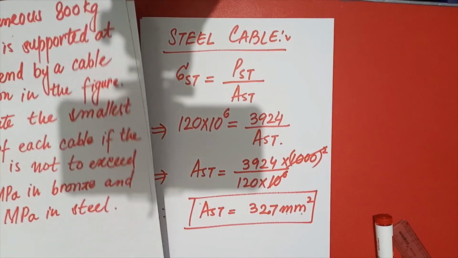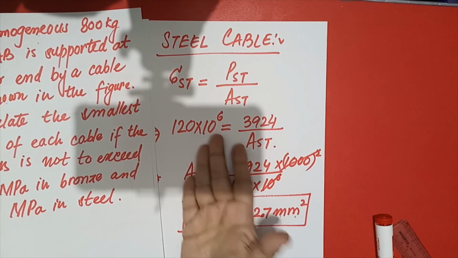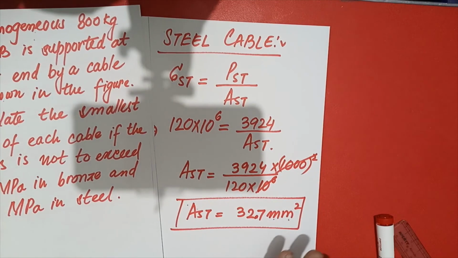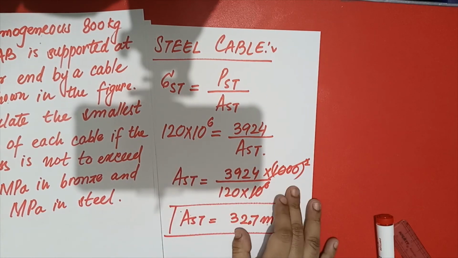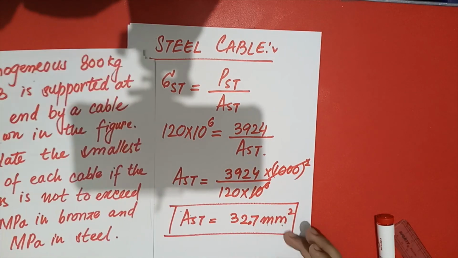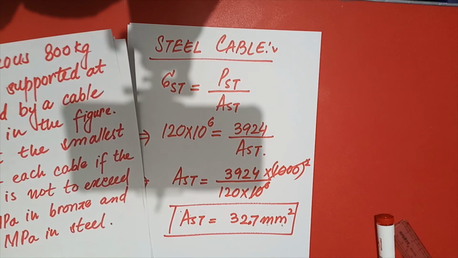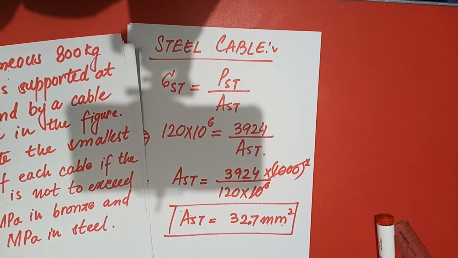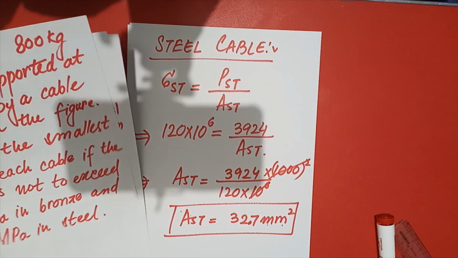So this is the way to calculate all about it. And if we do not put 10 to the power 6, there is no big issue, but I just told you to make your concepts clear, why we have to use 10 to the power 6, and why we multiply it by 1000 square to convert it into millimeter, because Pascal is Newton per meter square, so we have to convert it. For conversion, we multiply by 1000 square, so it will become millimeter square.